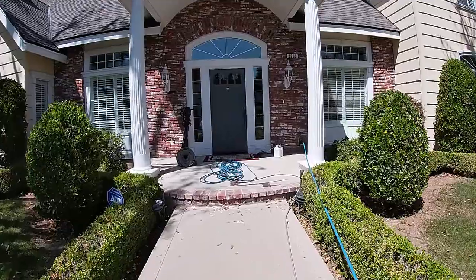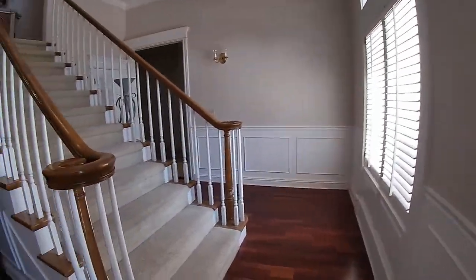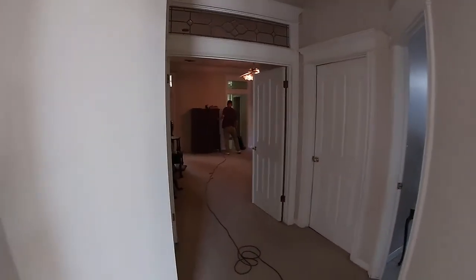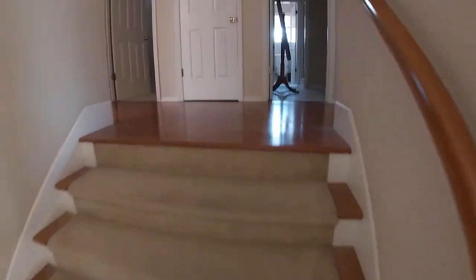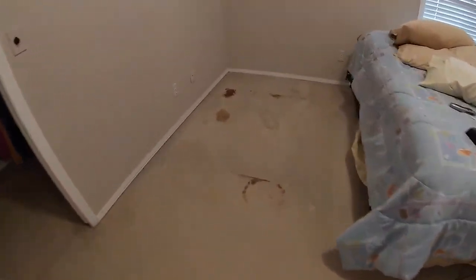So I'm gonna give you a quick walkthrough on most of the house. My brother is vacuuming. There, and he's vacuuming. Got the grand staircase, of course. What I wanted to show you is we got some fun stuff here. We're gonna have a good time with these today. I'm not sure what was spilled there, neither do they. But then we got